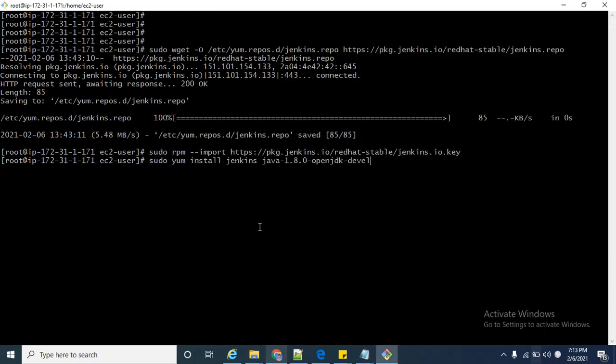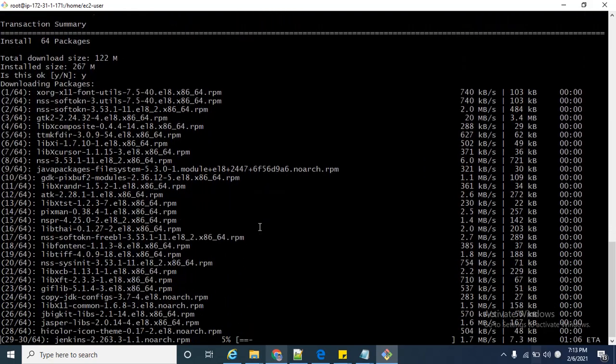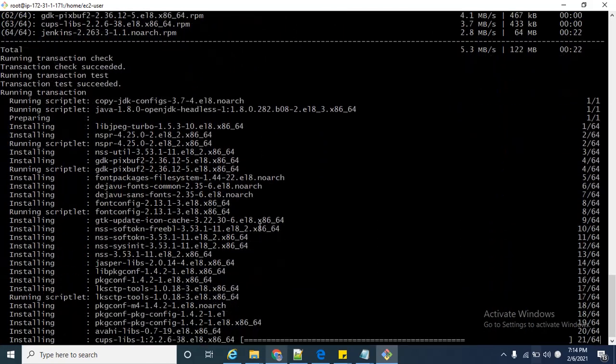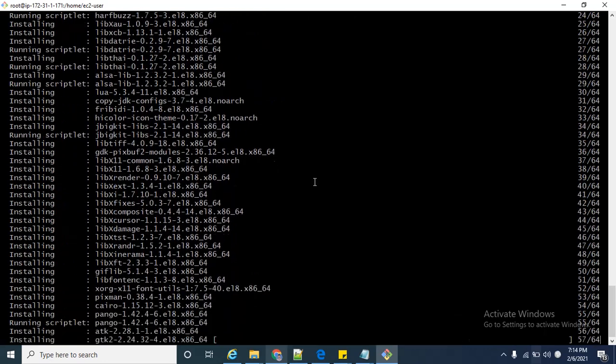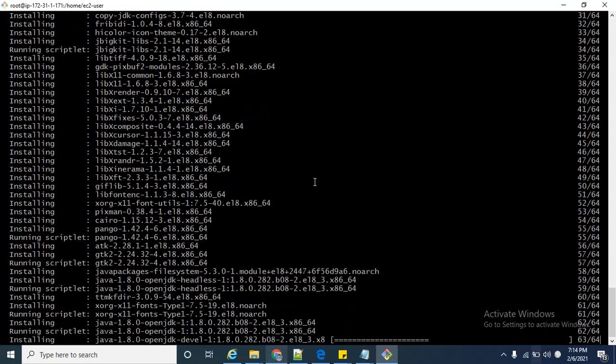Now we have to run this command to install JDK 1.8. It's mandatory because Jenkins is developed in Java, so Java is mandatory in your system. It will take some time to install.